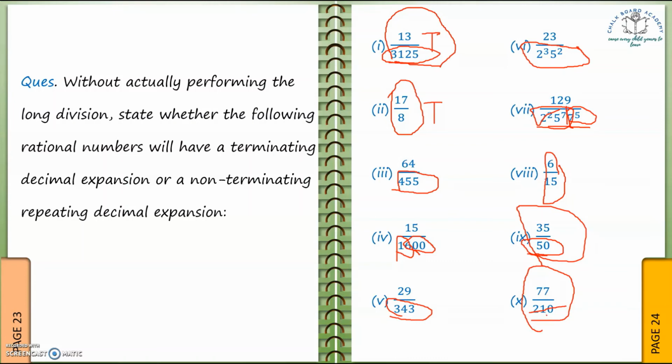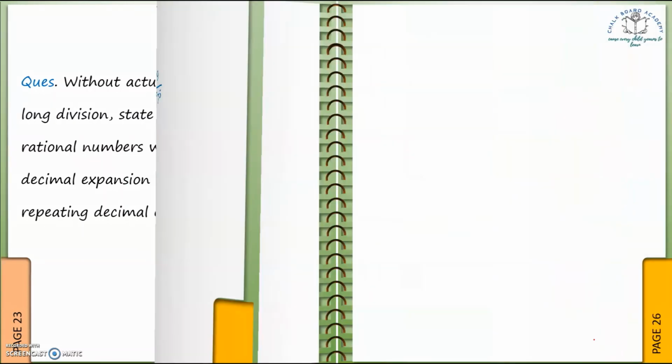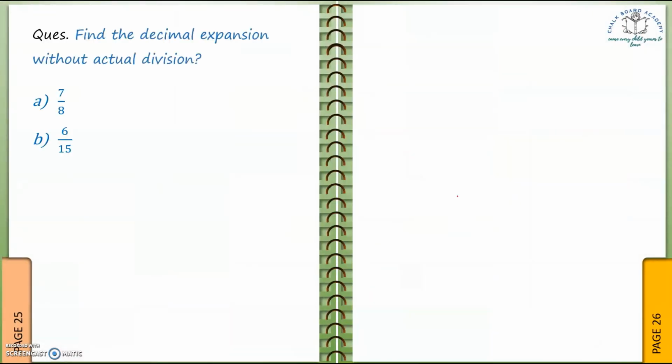Here, after dividing it by 7, we got 30 as the result. But 30 is not a multiple of only 2 and 5. It also has 3. So this number is non-terminating. Now, to find the decimal expansion without actual division, we can simply multiply by the corresponding number. If we have a denominator with only 2, then we can multiply by 5. And if we have 5, then we can multiply by 2.